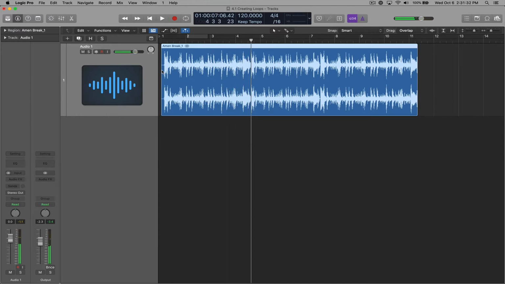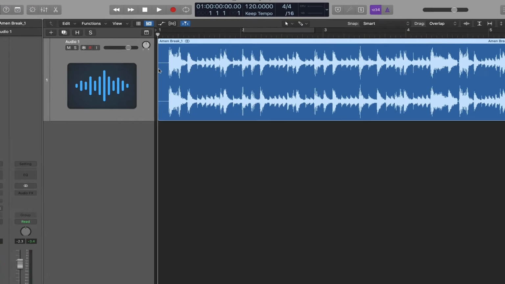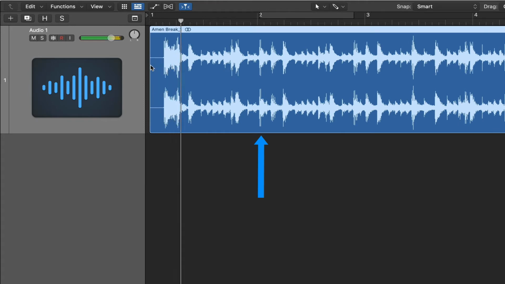This sample is 4 bars long, but some of the sample is syncopated and can be tricky to loop. I want to use only the second bar of this sample. Let's listen to see if we can visually see where bar 2 begins. Now that I have a general idea of where bar 2 is, I'm going to use my marquee tool to